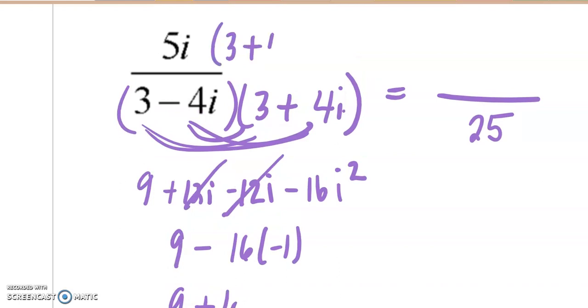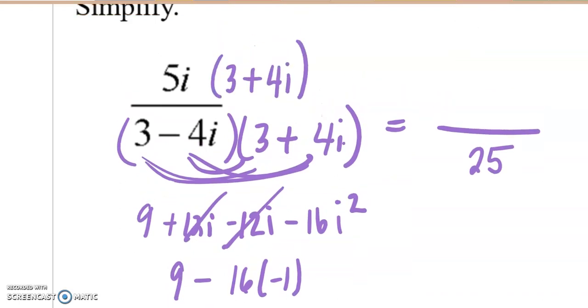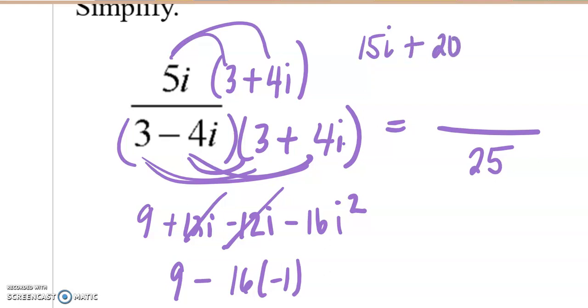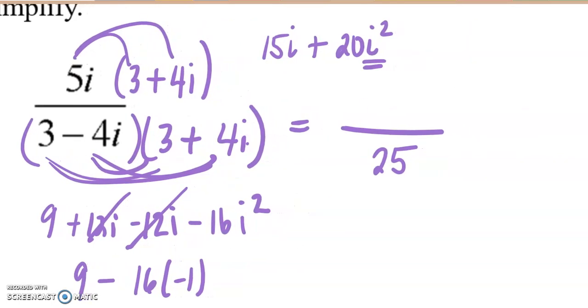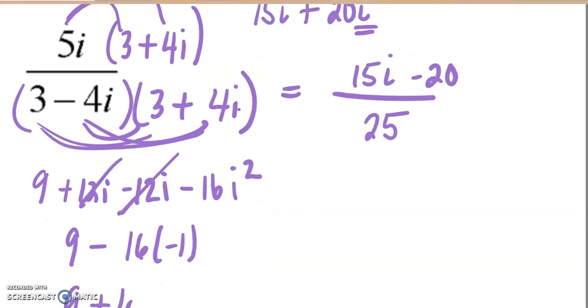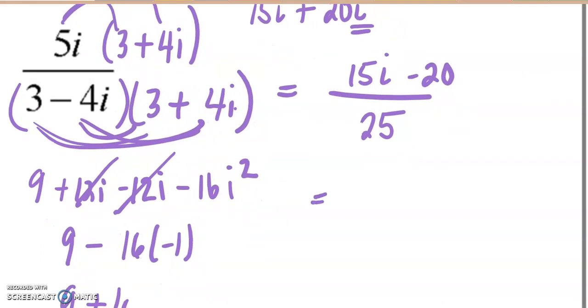And then the numerator is, you got to be careful, that's 15i. That's 20i squared. I squared has to start ringing a bell, minus 20. Now again, you can see that the top factors with a 5 as well, 15 and 20, a 5 can come out, which gives me 3i minus 4